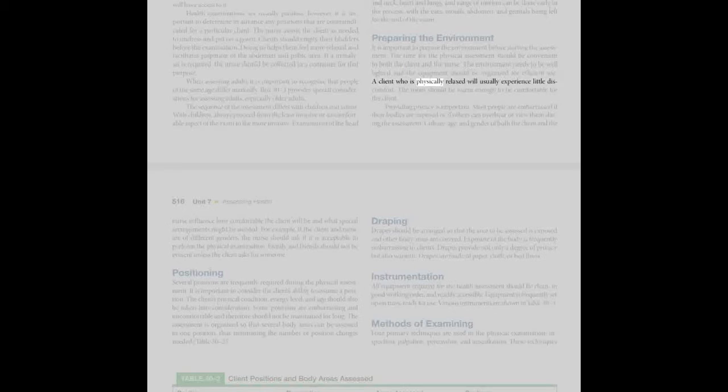A client who is physically relaxed will usually experience little discomfort. The room should be warm enough to be comfortable for the client. Providing privacy is important. Most people are embarrassed if their bodies are exposed, or if others can overhear or view them during the assessment. Culture, age, and gender of both the client and the